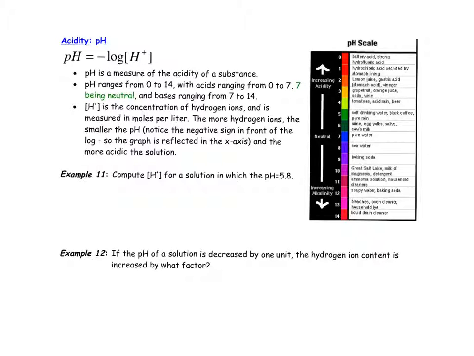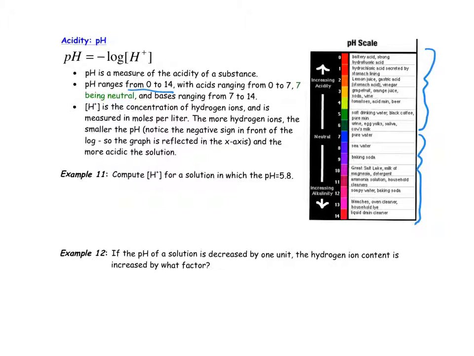The last logarithmic model that we're going to look at is pH. So pH is a measure of the acidity of a substance. And those of you who are in chemistry, maybe you've come across this scale already. So pH typically ranges from 0 to 14, with acids ranging from 0 to 7. So this area up here is acidic, and bases are going to be from 7 to 14, with 7 being